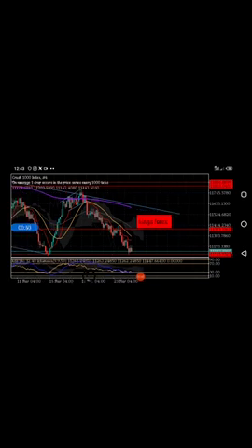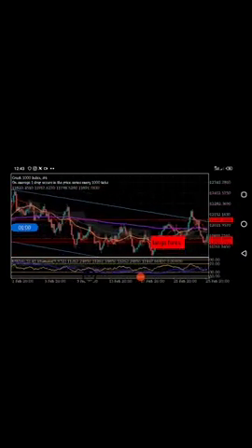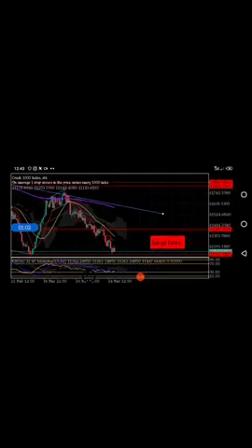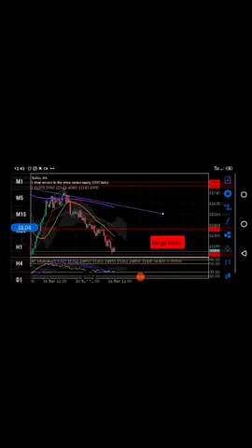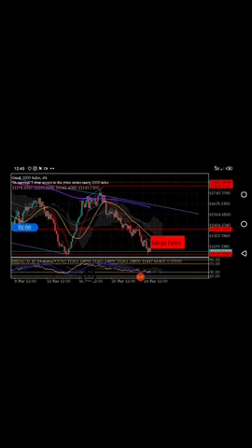See that this support has been tested multiple times. It tested it here, went up, and came back to test it again and still went up. If you check it, you see that a minimum of 3 times is strong. That's when you can get a strong support. So this is strong support now in the 4 hour time frame. The price tested it here, went up, came back here and tested it.